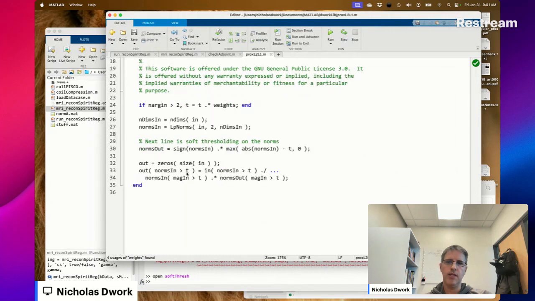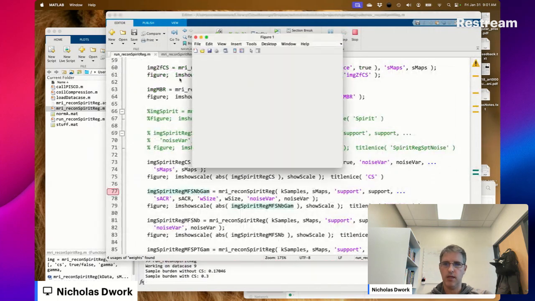All right, anything that's less than the threshold is set to 0, which is what this does. Okay.